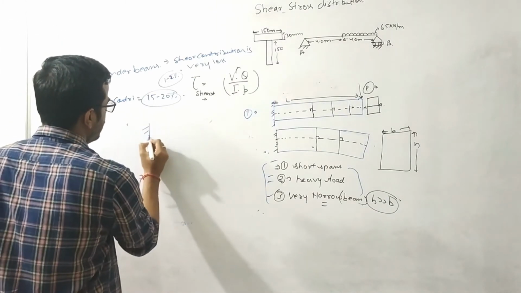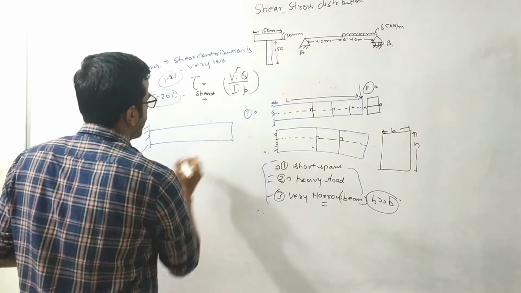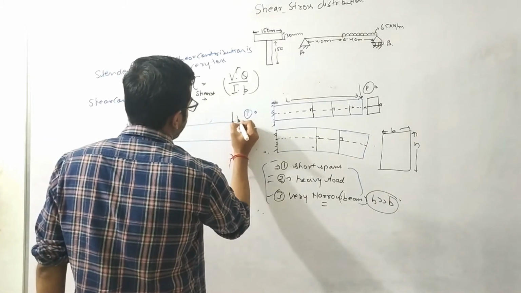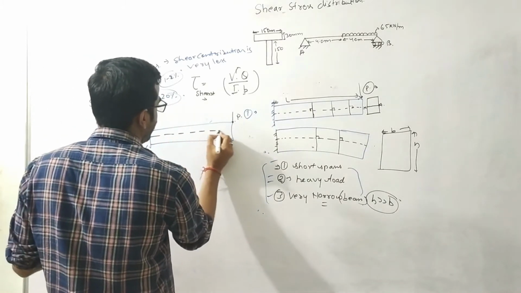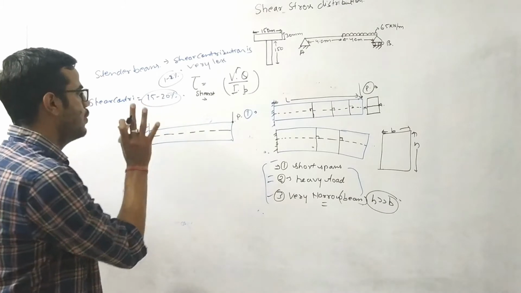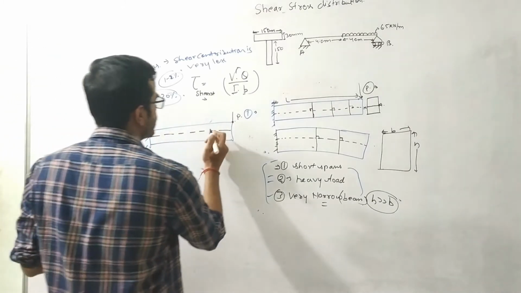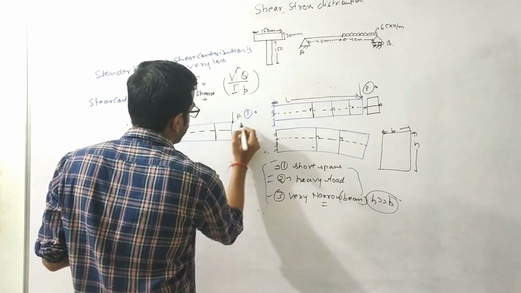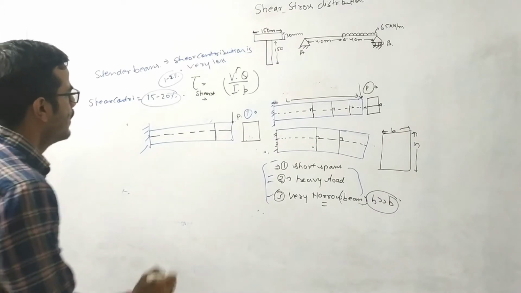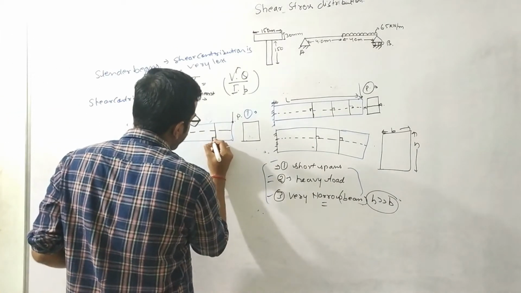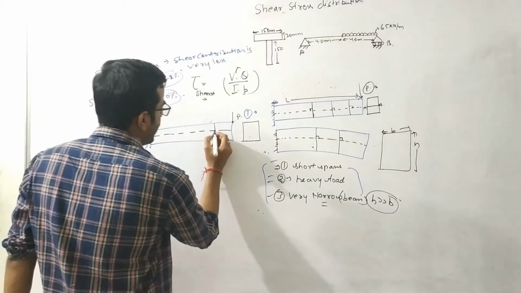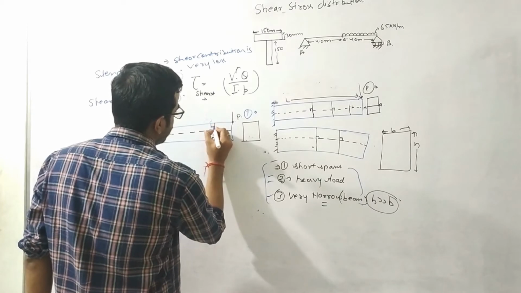This is my cantilever beam over here. If I'm applying a vertical load P, this is my neutral axis. When I'm applying the vertical load P over here, the shear force will be constant all over this cross section. I'm considering one cross section over here, and I have considered one element at the top, one element at the neutral axis, and one element at this point.